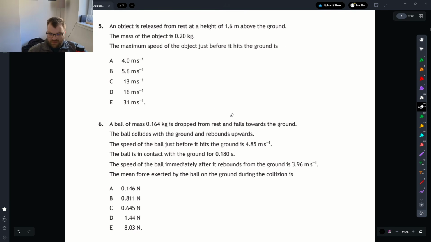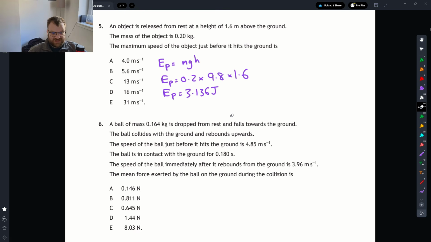In question 5, we're asked about an object at rest at a height, and then the maximum speed. So this is feeling like potential energy converting into kinetic energy. So if we do EP, that's going to be mgh, so 9.8 times 0.2 times 1.6, which gives us an answer of 3.136 joules. At the point just before it hits the ground, the maximum speed would be all of